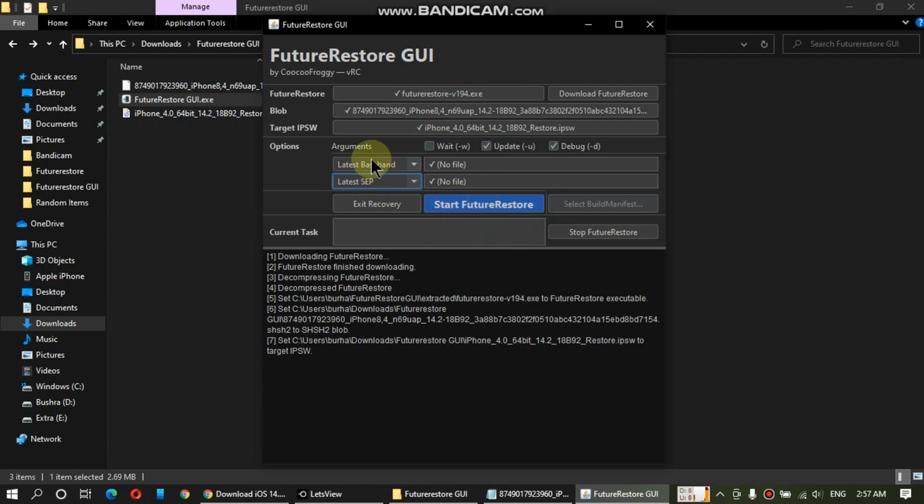It will then download the latest baseband and latest SEP for you, and the restore will proceed and succeed without errors. You can use the same process to downgrade to an unsigned version, provided the SEP and the baseband are compatible. This method is very easy. If you see any problem, you can always ask in the comments and I will help you.